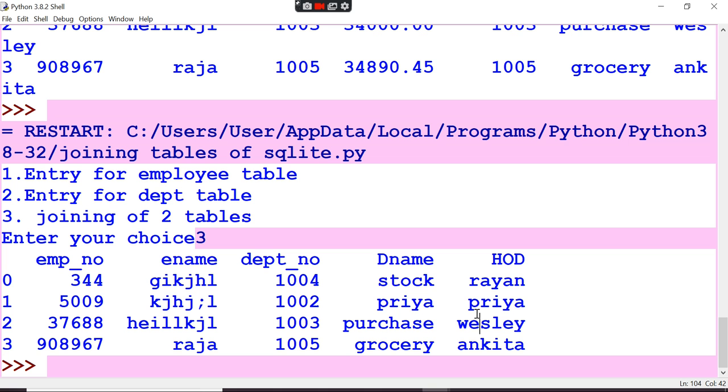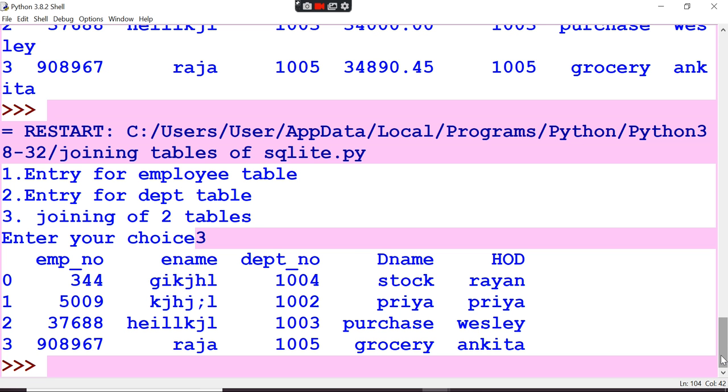In SQLite you have to create two tables. One is the employee table, another one is the department table. There you have to keep a common column, department number. From the department number, we are just going to give a primary key connection, where employee number, department number equals department number. This is the connection, joining of two tables, primary key linking.